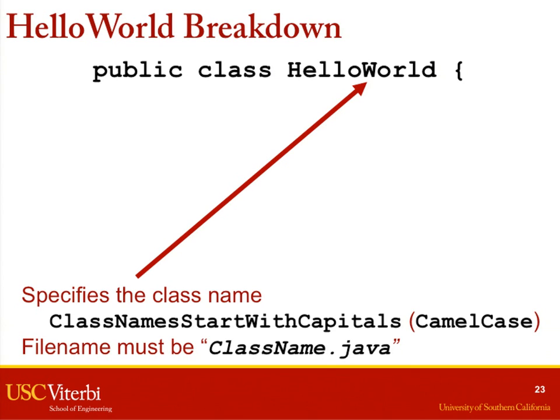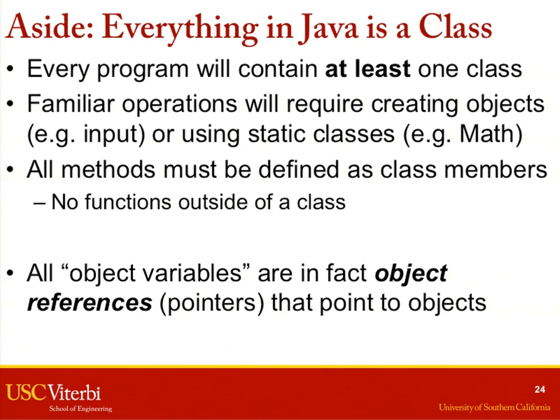Like it says, class names start with capitals. Okay, class names start with capitals, and I purposely did this as well. Notice if we wanted to use another word, we use camel case. Have people heard about camel case? That's what this case is called, where there are no spaces, but every new word starts with a capital. It's called camel case, like the humps on a camel's back. That's what it's from, humps. Cute, huh? So we highly suggest camel case as well, versus underscores. Okay? Everything in Java is in a class, so each program has to have at least one class,